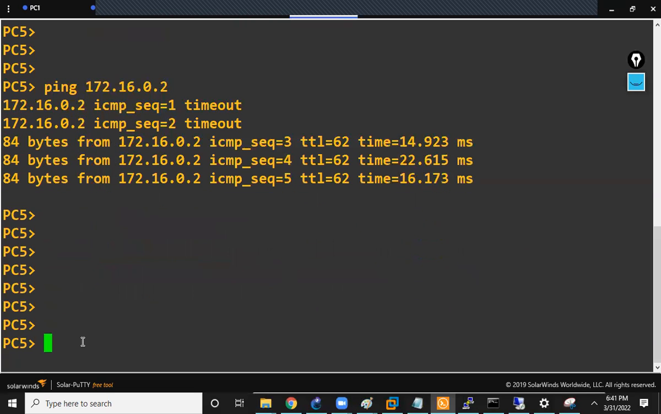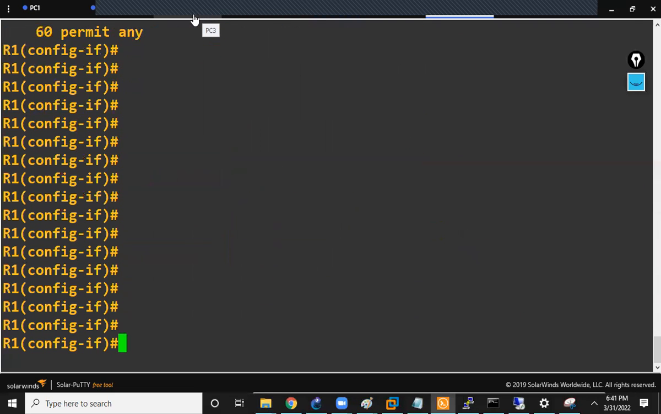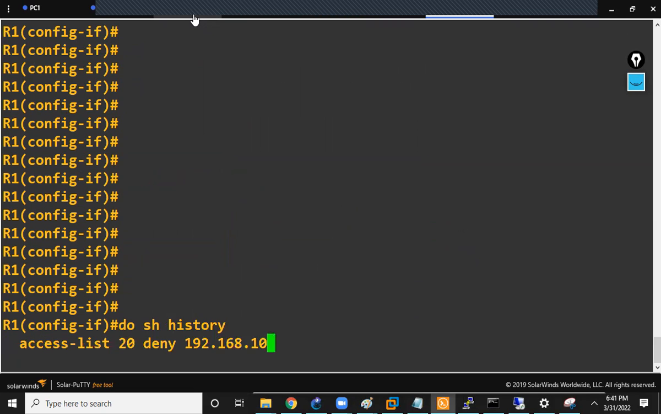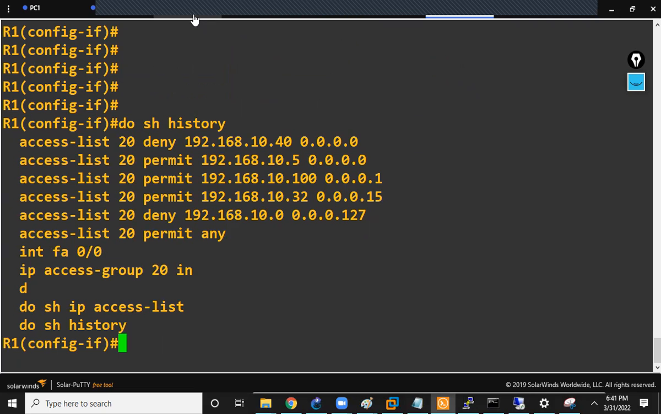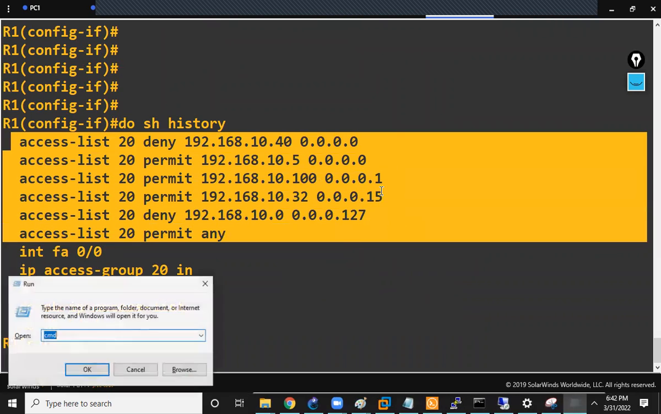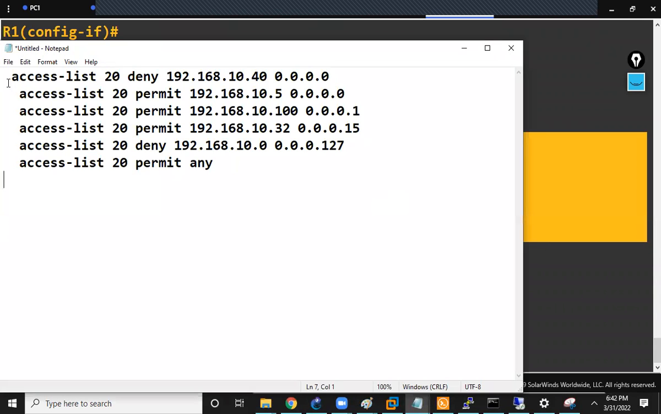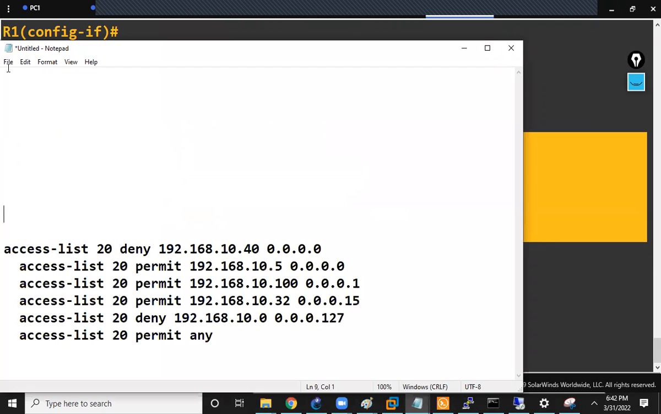Now let me tell you the commands for the standard named ACL. It's simple. Let me take the router and execute do show history. With this command you can see the entries that you have done. Let me take the notepad. What you're going to do is first go to the config mode, and you will mention something like this: